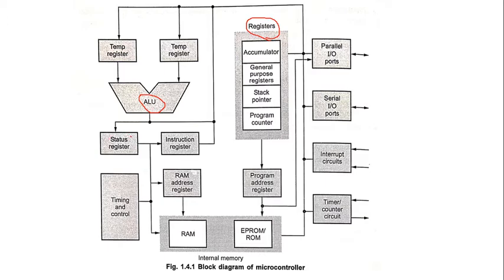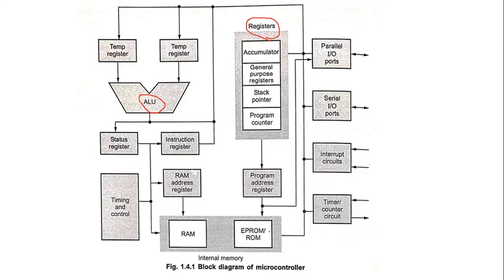Whatever status we define, the output is directly stored in the status register. Again, the output of that status register is directly given to the instruction register, so whatever instruction is provided, the loop continues. The output of the status register is also directly given to the RAM, or whatever address we are locating in the RAM, we can also directly access that. And again over here is the timer and counter control, which can watch the output waveform, or the output of the ALU.